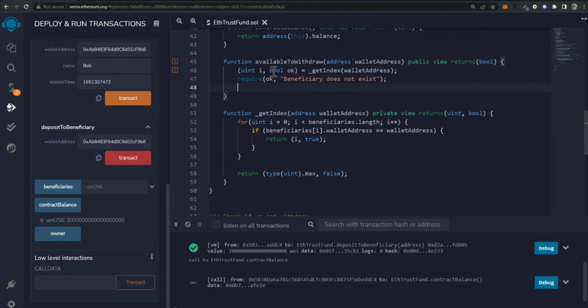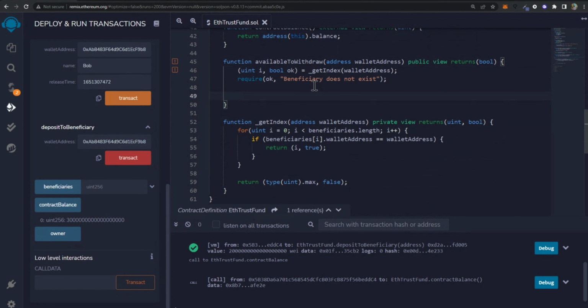The index, and if the index actually exists, the next thing we want to do is check that the timestamp on the beneficiary record